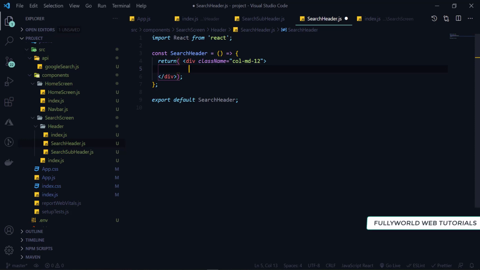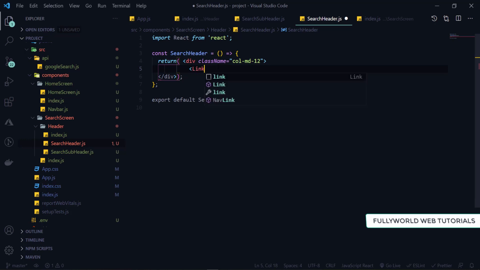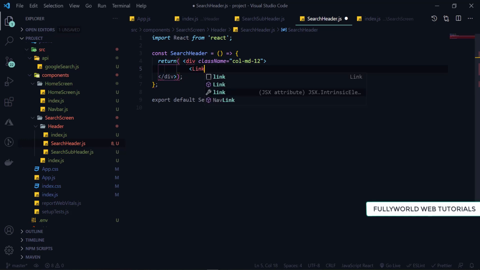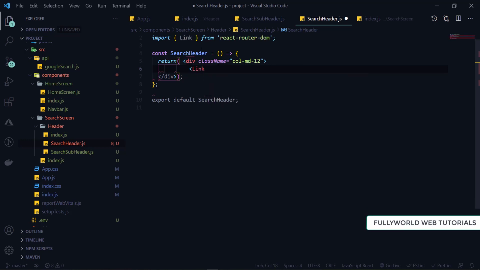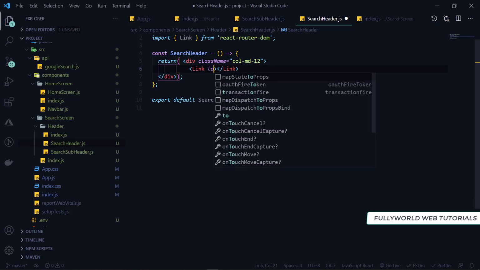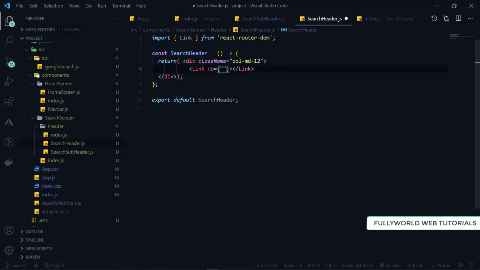First of all I will apply our image here, and it will have a link, and this link we are going to import from React Router DOM. Here its to will be our slash route, and under this link there will be our image.